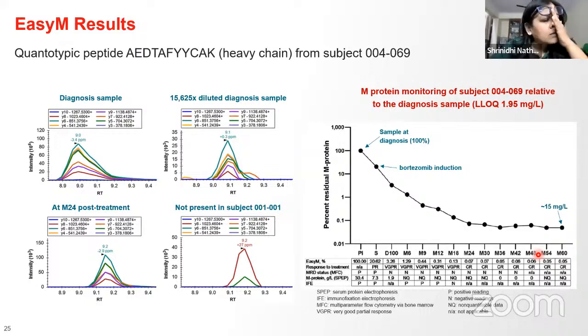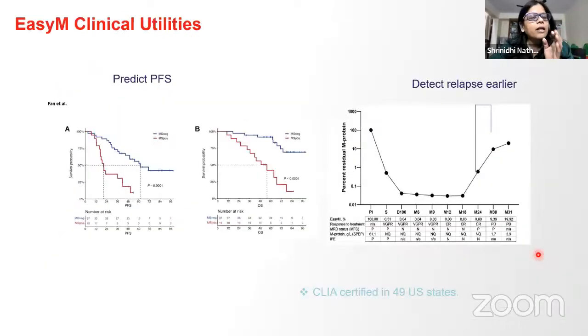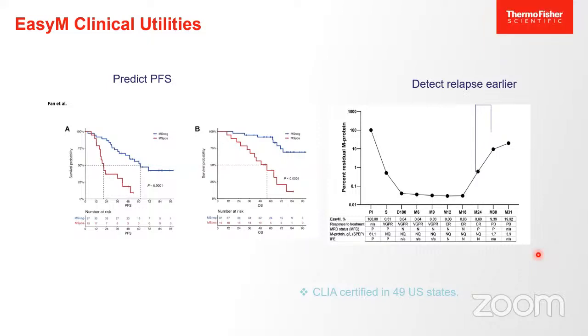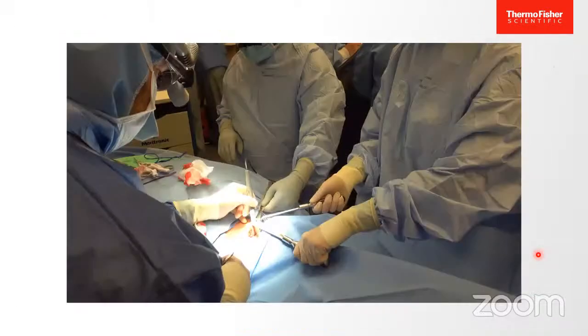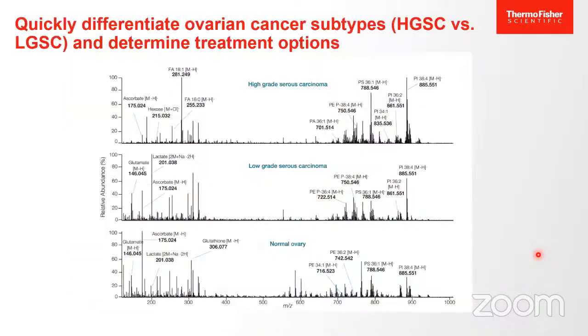My understanding for this question is that if you don't have a baseline sample and you get a lot of oligoclonal peaks in the monitoring, then you won't be able to do that M by Z correction. That correction is done to rule out any false positive disease burden. If you don't have a baseline, you won't be able to do it, so it'll be very challenging. But you can use a healthy patient sample and try it. It certainly requires a little more experimental data to do that.